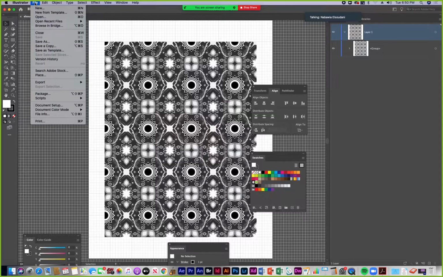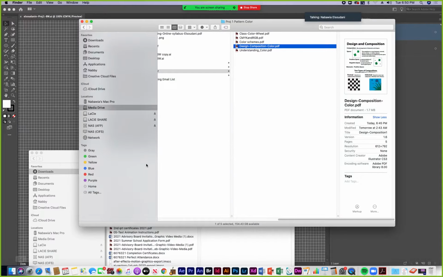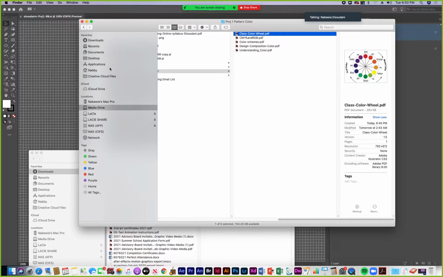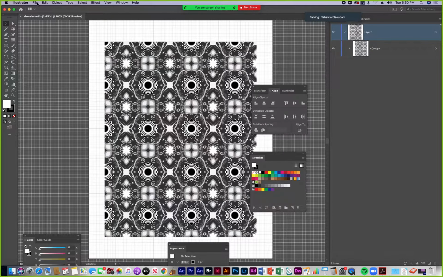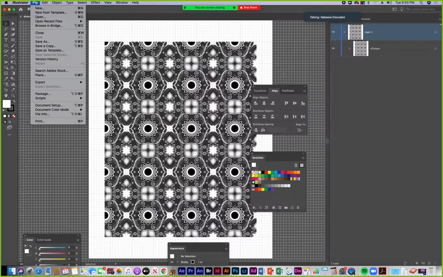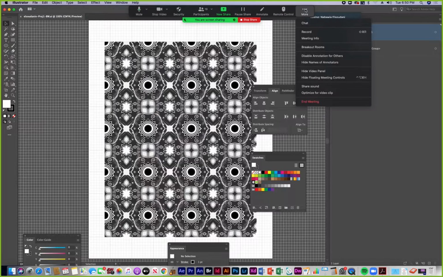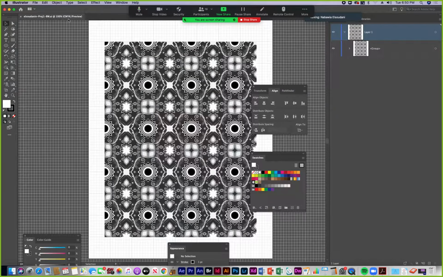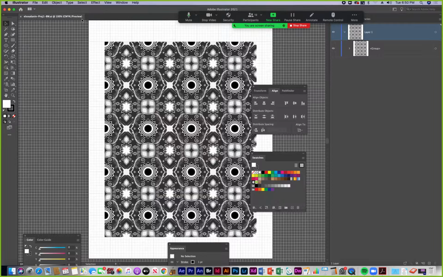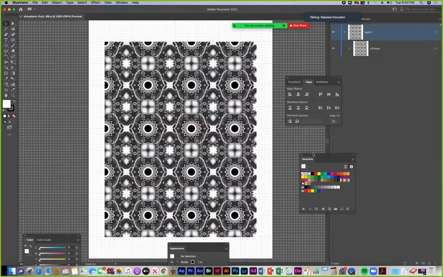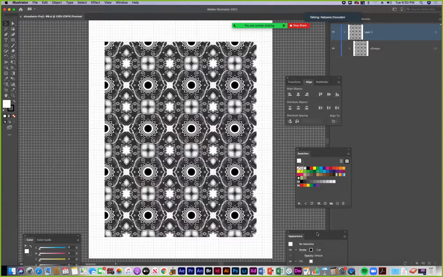But let's start one, and I provide you with a color wheel as one of your handouts, the class color wheel. But I like to do it with you in class. And if you're on full screen right now on Zoom, if you want to exit full screen so you can work along with me, it's a fun process of creating a color wheel. It's not part of the assignment. You don't have to turn it in. You're not turning it in as part of the assignment.